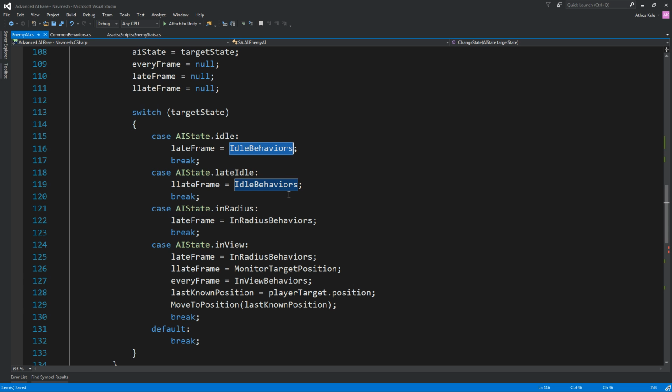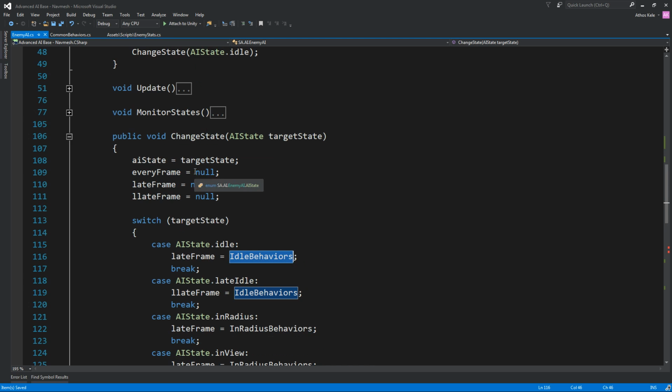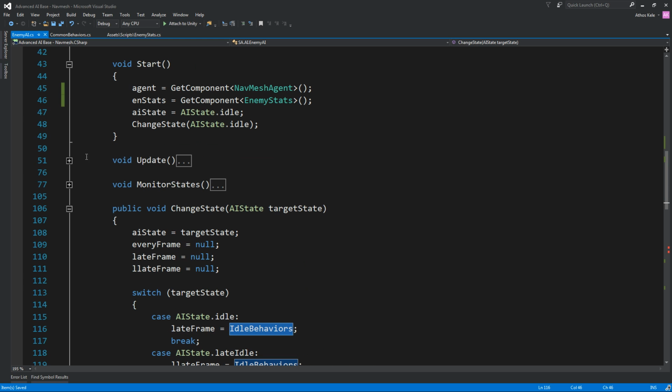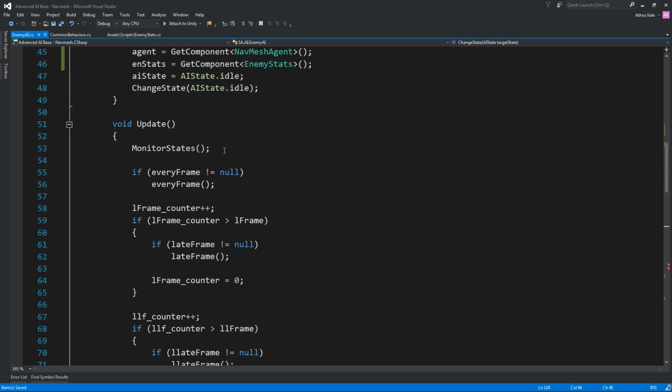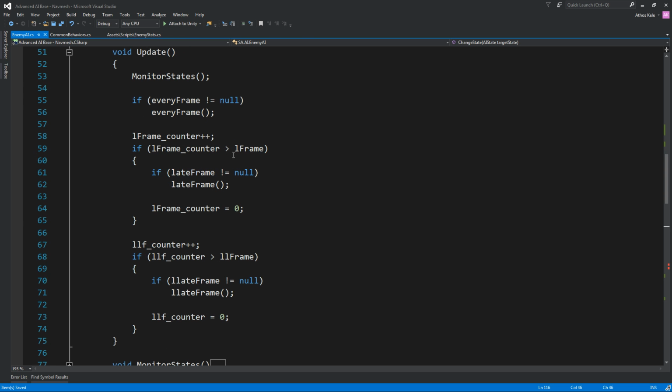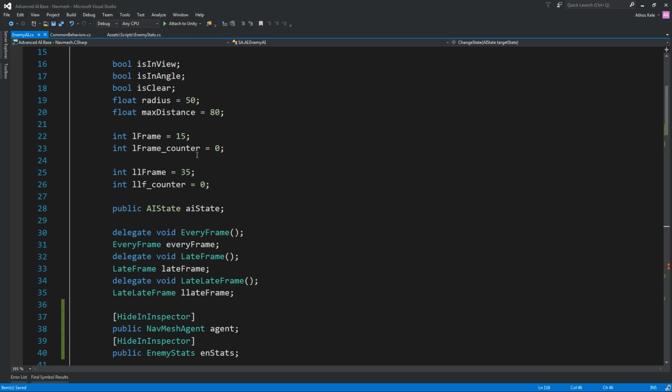Now the problem with this is that we have idle and we also have late idle now, which both run behaviors. One will run on our counter over here, which runs every 15 and every 35 frames. Since this has to do with pathfinding,